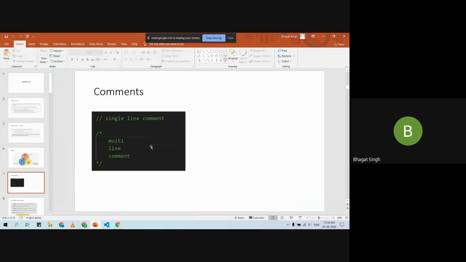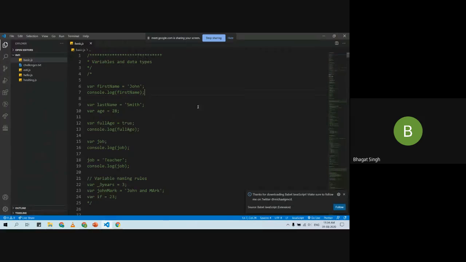So first of all, we will start with comments. So comments are of two types, single line comment and the multi-line comment. As we have seen in C also, for the single line comment, we'll write the double slash and then our comment, whatever is there. And if it is a multi-line, it will start with a slash and asterisk and end with an asterisk and a slash. So if I do here,